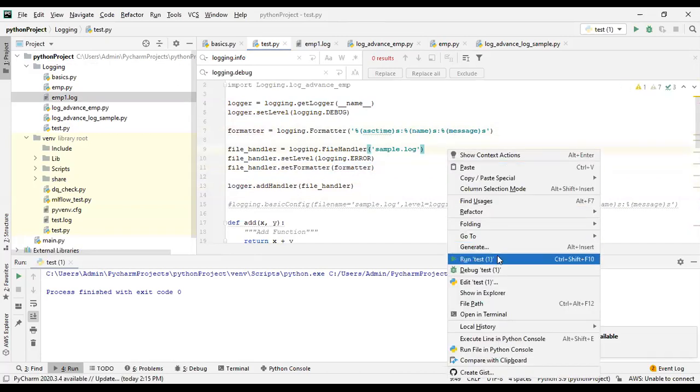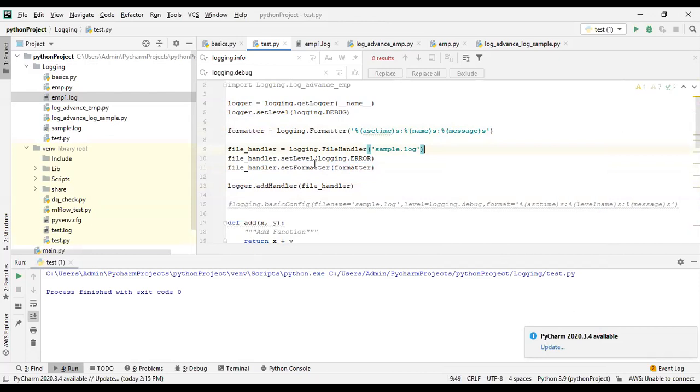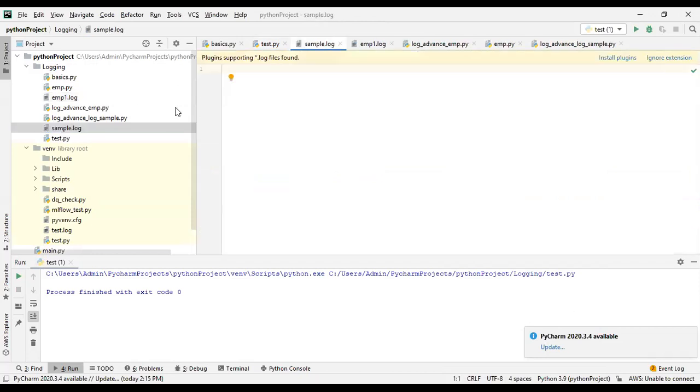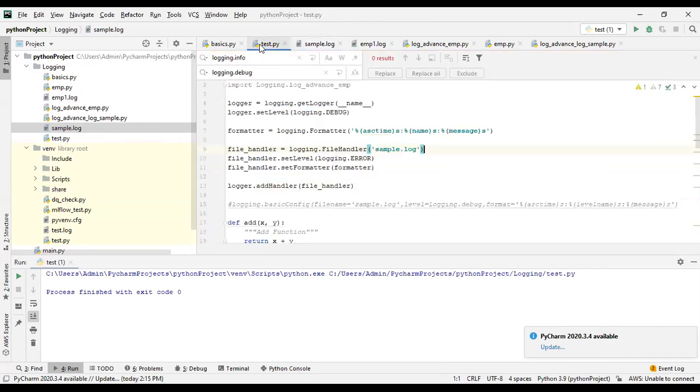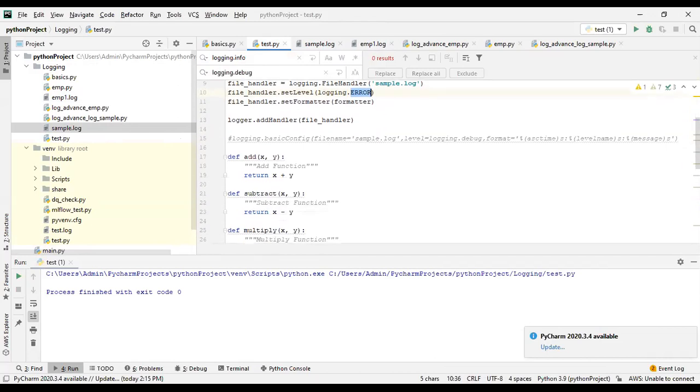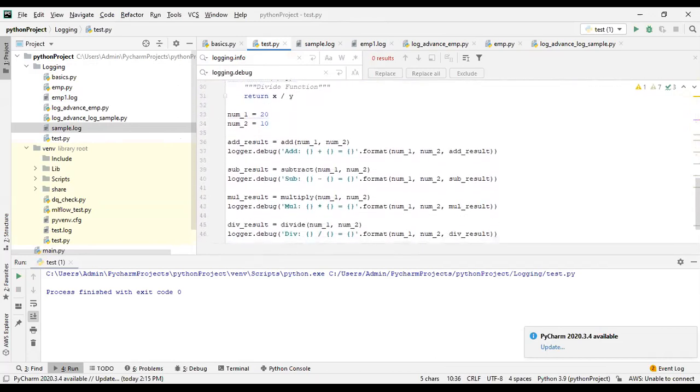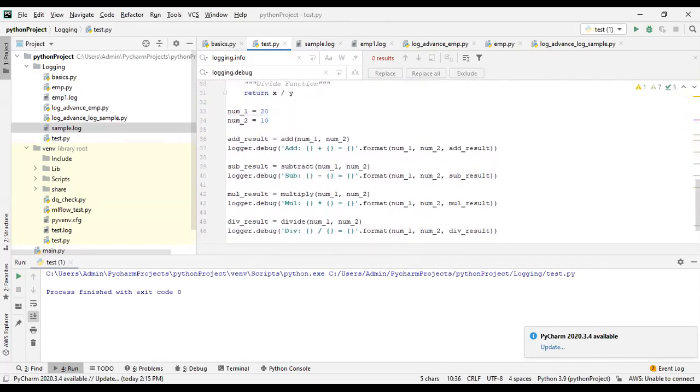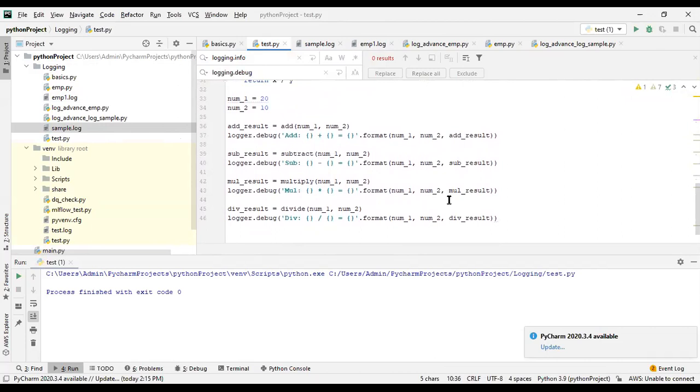Now, if I execute this module, this is creating a sample log, but we don't have any information in this sample log file. Why? Because I set it to only the error level. Kritika has already told us we can log the traceback information.